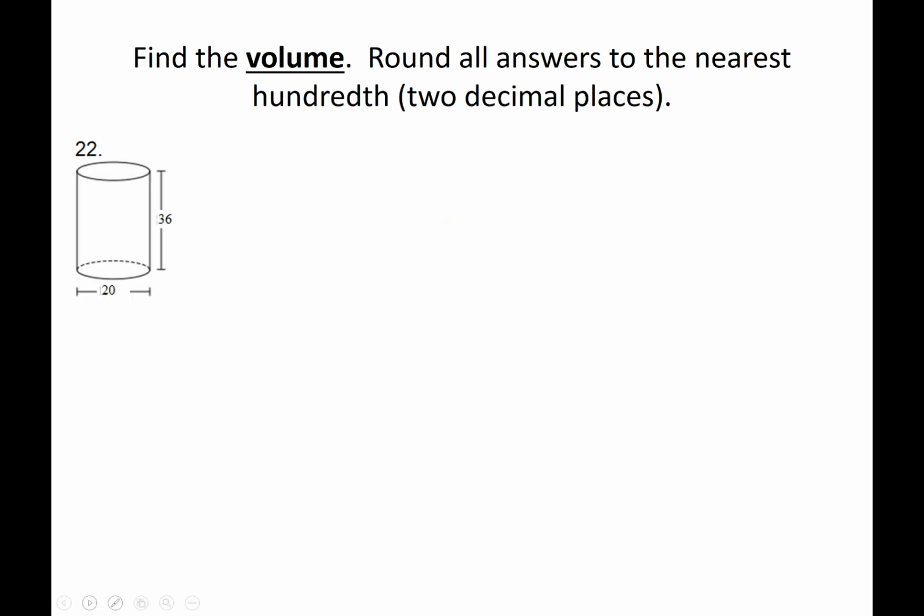Awesome. Number 22, again, find the volume. Volume equals base times height. Since our base in this case is a circle, we're going to use pi r squared for that base part. And so really what I need to know here is the r and the h. What I'm given is, careful here, this is the diameter. The radius would be 10. So I know the radius. And, oopsie, sorry. Oh, there it is. The height, I know